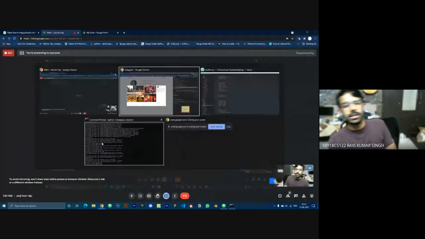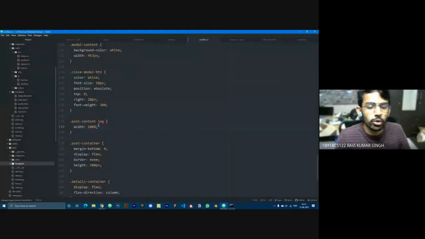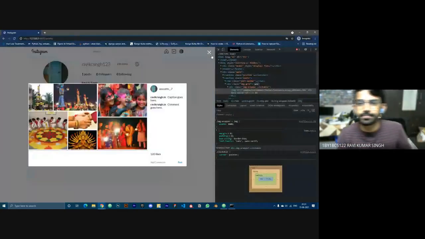Yeah, actually the width also was set to auto, so it was automatically taking the maximum size of the image, right? So yeah, now if you see it's proper.